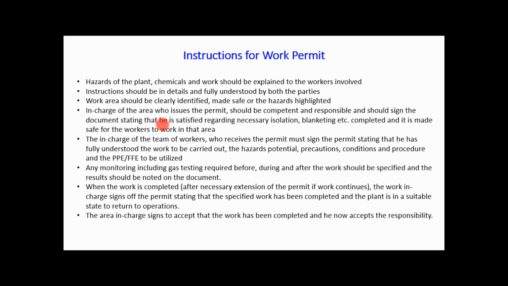Suppose some electrical panels are there, or some electrical controls, or some flammable gas storage, or some cylinders are present in that area. Then we have to isolate that area from the working environment. Or sometimes, if vessels or reactors are involved in the working conditions, then we have to use blanketing. Blanketing means that a metal piece should be added to the pipeline at the flange so that